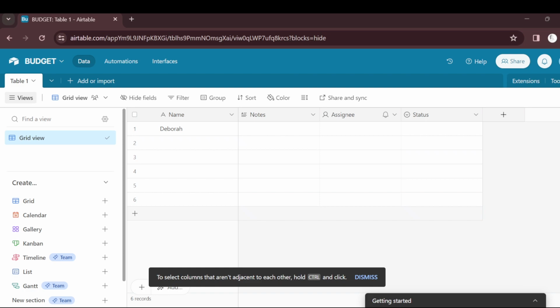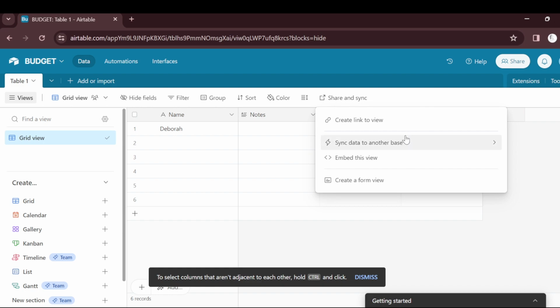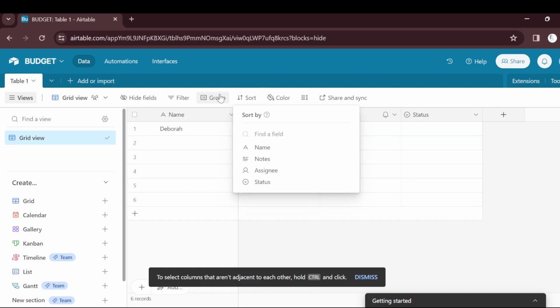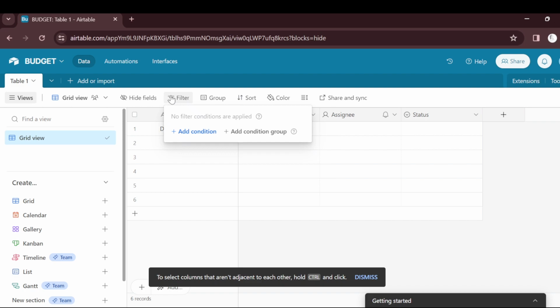And then you can also update multiple fields at once by using the bulk field action to apply changes across your base. So this is basically how to do it. And then you can also share your base, so you can embed this. You can also create a form view if you want and add colors, like I said earlier. You can sort, and then this is how you can